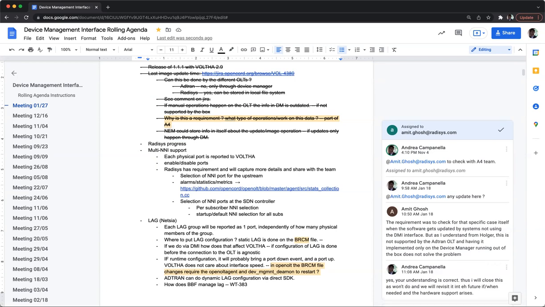So what we did was we were working on the OpenOLT agent to expose the speed to some BAL APIs. And I know this is not directly device management interface related, but if in the future we're going to be capable of setting the port speed, even at runtime, or even just right now, when we set it via the initial configuration file, this port speed will actually be reported all the way up to the controller, which is good. So that's work that Elia is doing in parallel to some other things. It's not the highest priority, but whenever he has some time, he works on that.